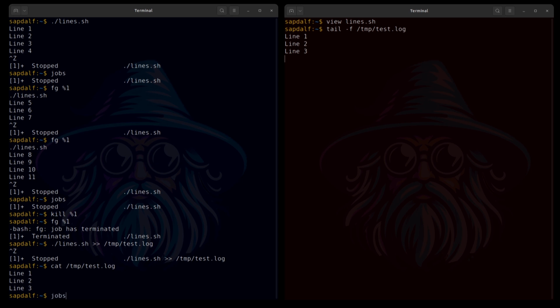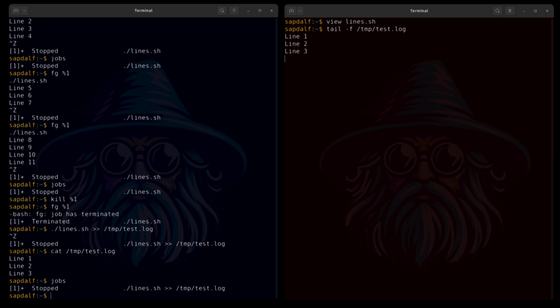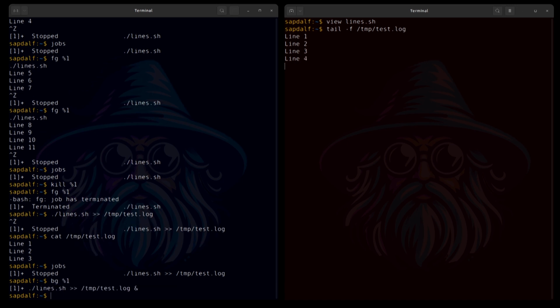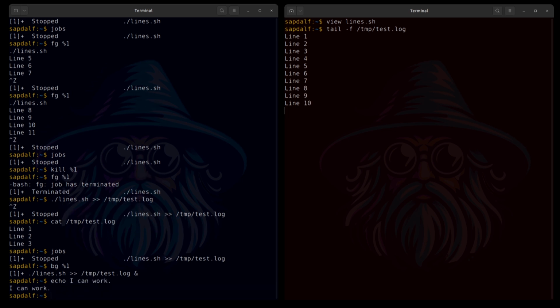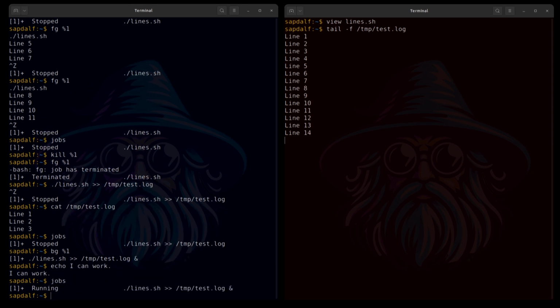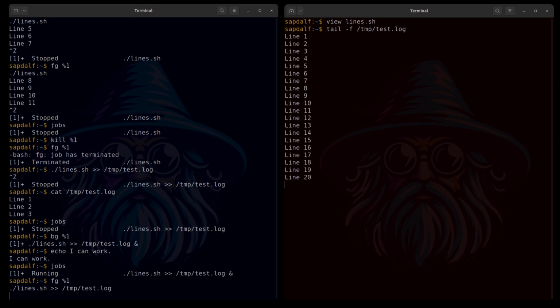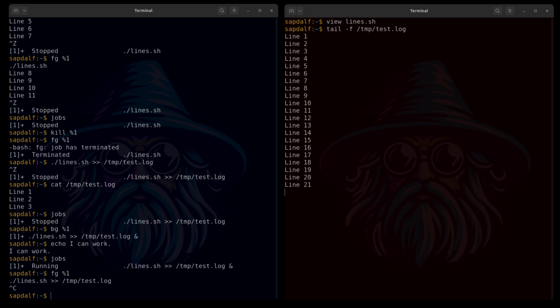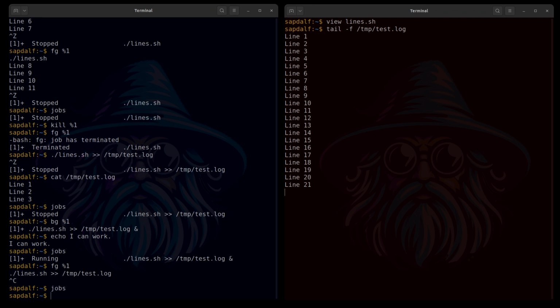I'm checking the stopped job, but this time instead of bringing it to foreground, I'm sending the job to background with bg. We see that the job is running again, but I can work without any problem because it's in background. However, anytime I can get this back to foreground with fg, then I can even terminate the job with Control-C. I can see that it is not running. It can be confirmed with the jobs command.